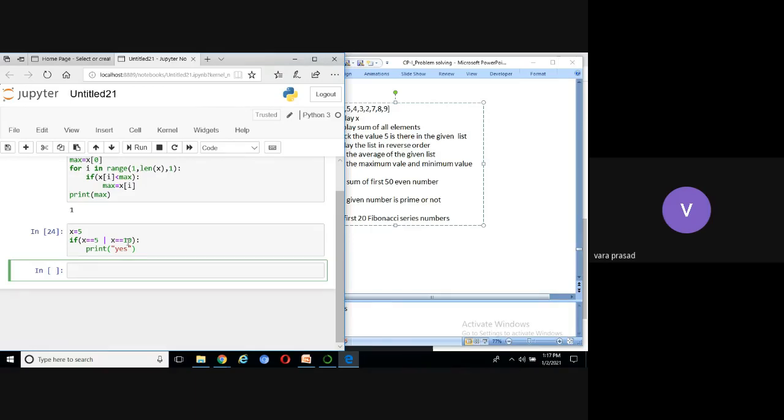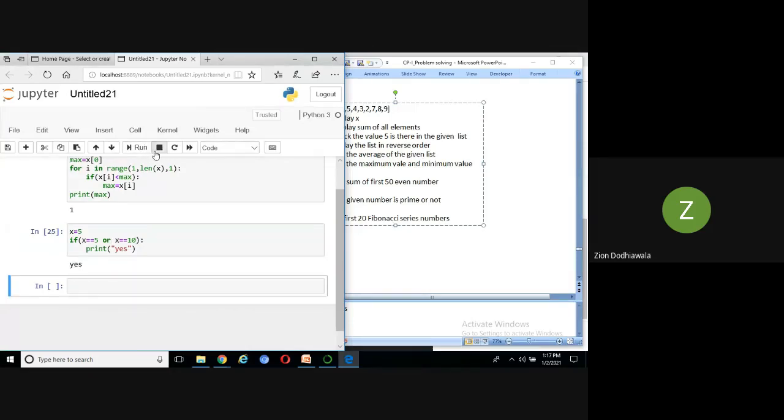Sir, if instead of pipe symbol we write or, then it will print yes. Yes. I will tell in the next class why it is displaying like that. Okay.